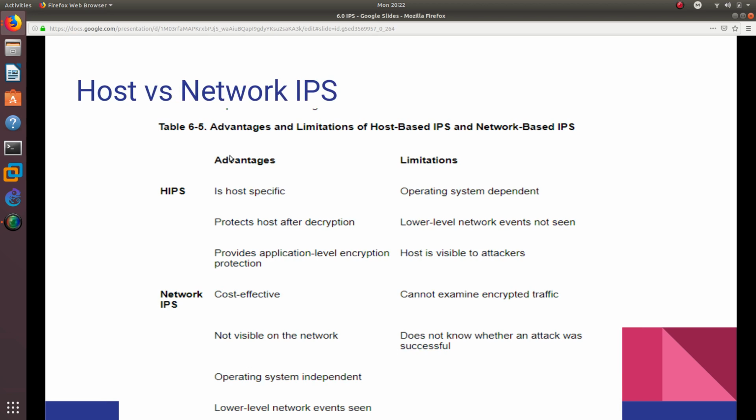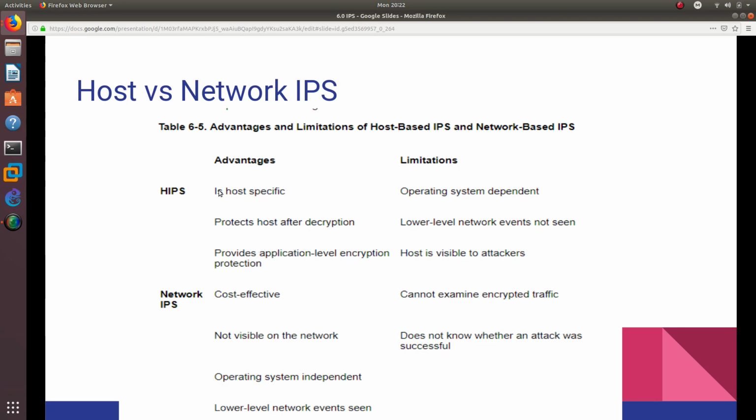And also here's the advantage and the disadvantage of having a host and a network IPS. The advantage of the host IPS is that it is host specific, so it's going to be on that computer. It protects the host after decryption because the NIPS does not do it. The network-based IPS doesn't protect after decryption, because when it's passing through, the traffic is encrypted. It provides application level encryption